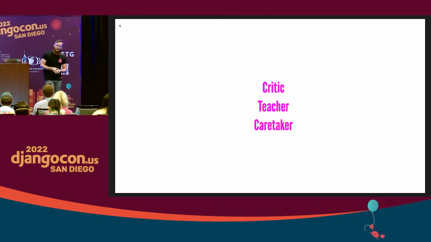And then finally, another thing is being a caretaker. Sometimes you like to just go into your kitchen and make a big mess and then have something else clean it up. Maybe you have a Roomba or something like that. Think of it like this. Linters can not only complain about something or teach you something better, but maybe they can actually clean it up for you.